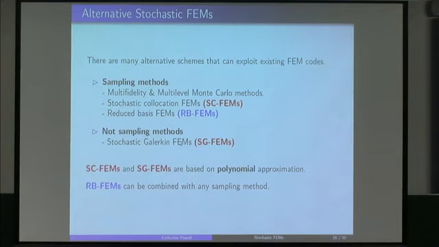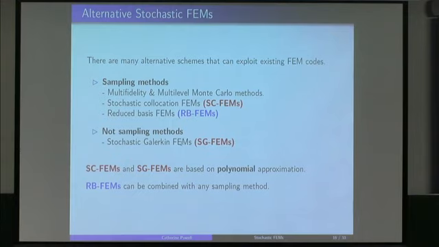So the two I've highlighted in red here, stochastic collocation finite element methods and stochastic Galerkin finite element methods, are based on a different kind of philosophy: that you can approximate the solution to your problem as a function of the parameters that you're uncertain about, and we model the dependence on those parameters in terms of polynomials. In some parts of the community, the term polynomial chaos methods is used. That's just a certain kind of polynomial approximation. And the thing I've highlighted in blue is quite trendy in the applied math community at the moment.